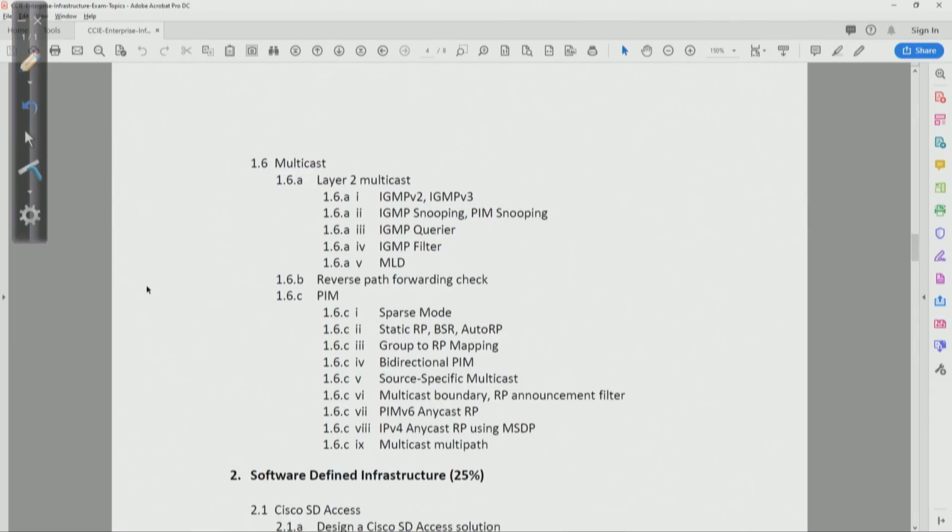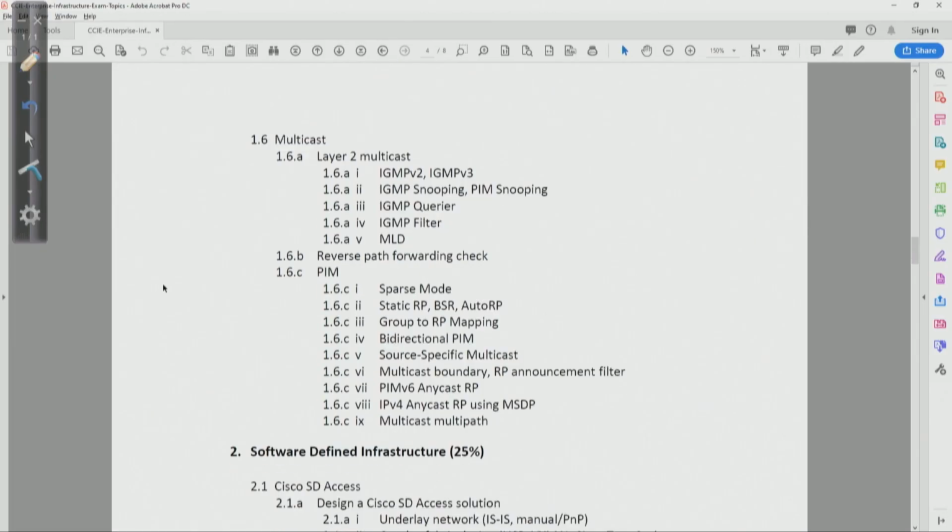Okay, next we have multicast. where in the version 5 blueprint,